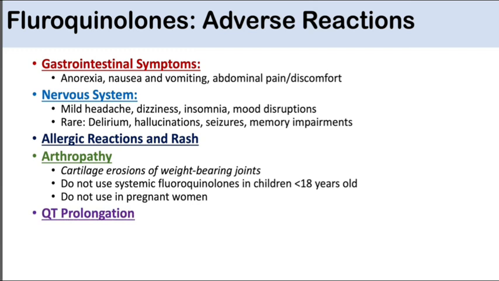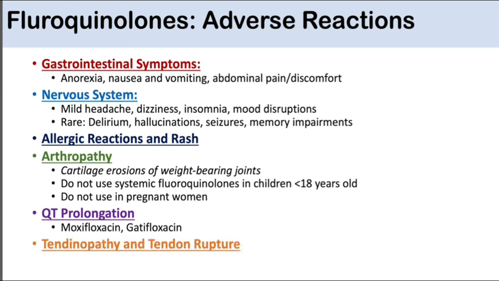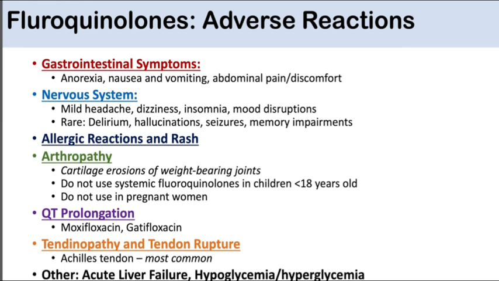The fluoroquinolones are also known to cause QT prolongation, particularly moxifloxacin and gatifloxacin. And there's also tendinopathy and tendon rupture. The Achilles tendon seems to be the most common to have tendinopathy and tendon rupture. Other adverse reactions to the fluoroquinolones include acute liver failure, hypo and hyperglycemia. So again,